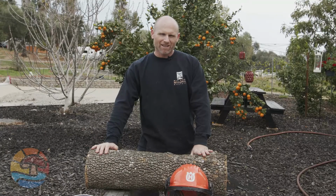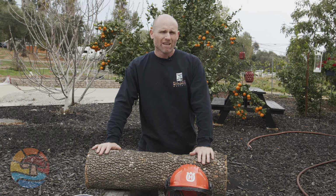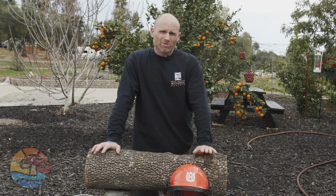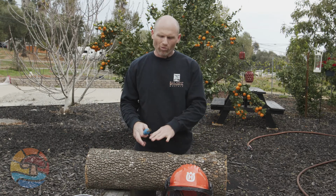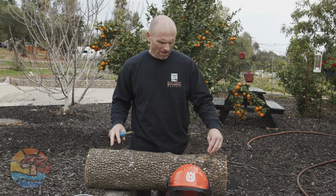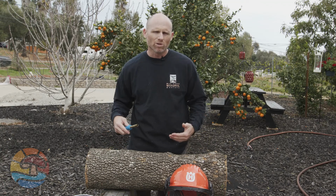Okay, here we are outside. I'm going to show you how to inoculate a shiitake block. You can also do reishi and lion's mane like this. You're going to want some sawdust spawn, as well as the shiitake and the reishi. It needs to be in the form of sawdust. The way we're going to do this, we're going to drill holes inside of the log about 4 to 6 inches apart,